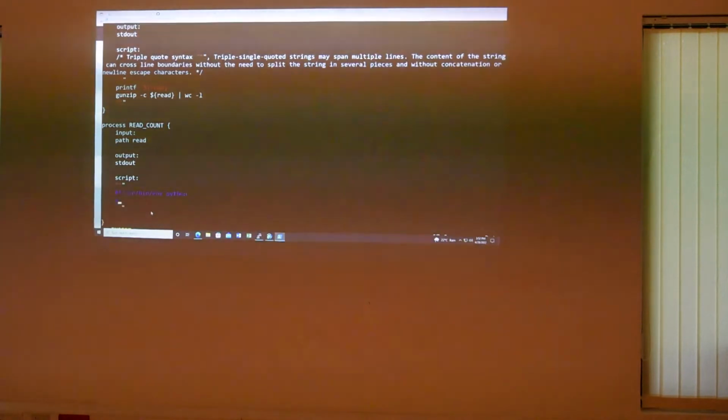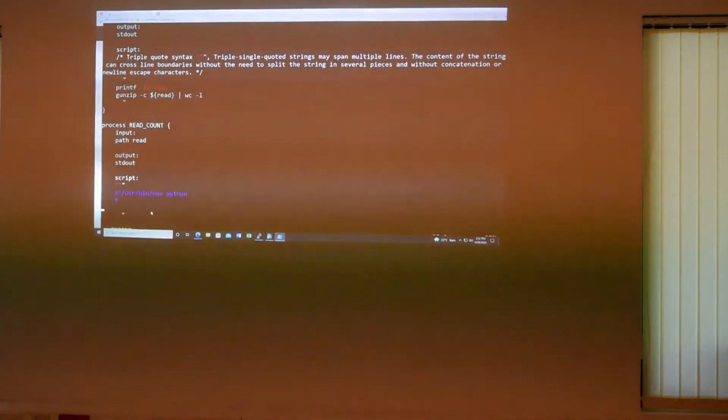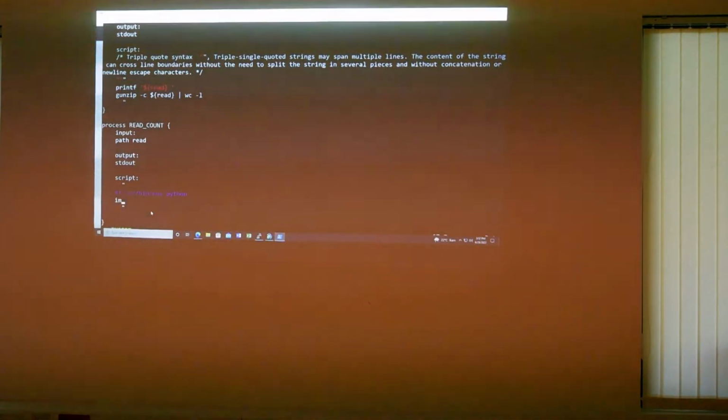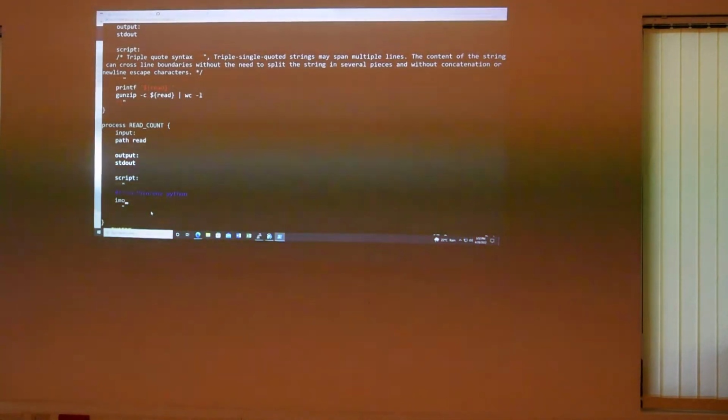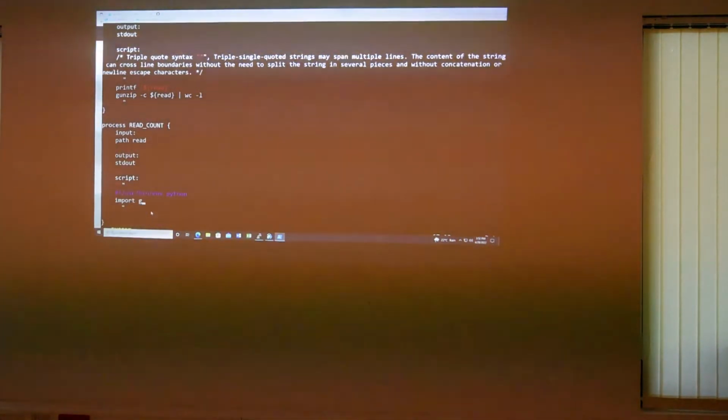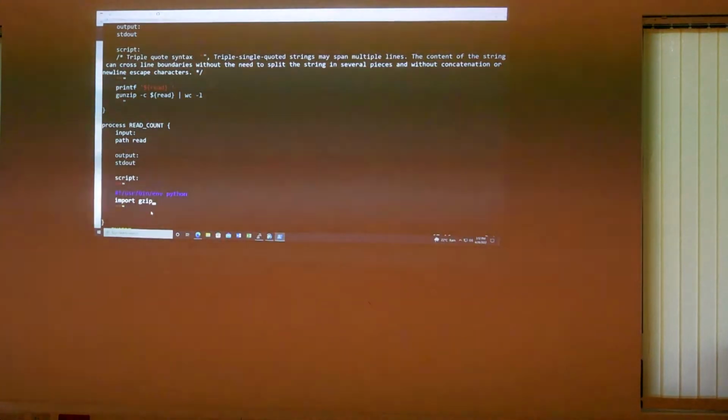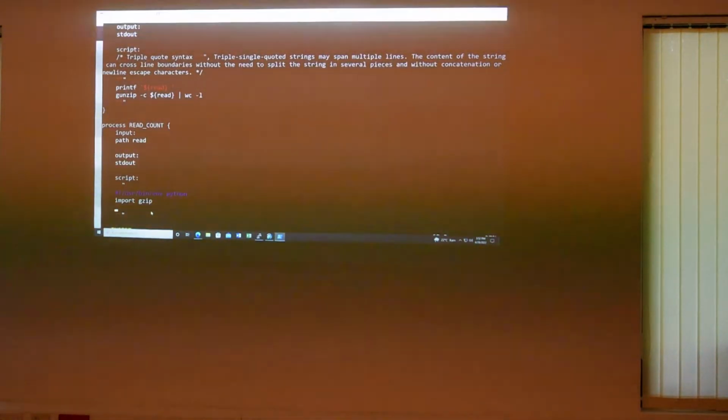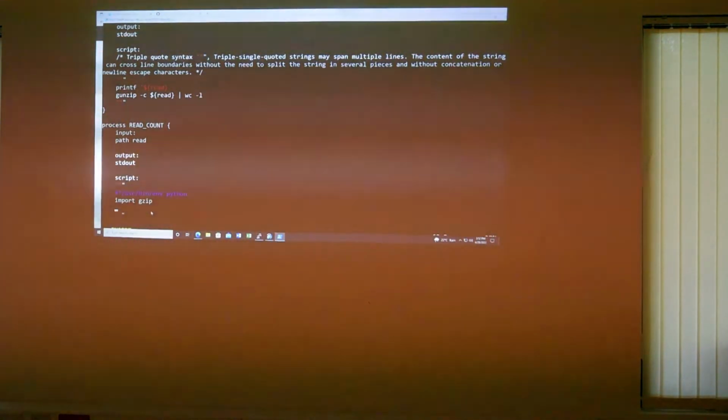Sorry. So there are some libraries you'll have to import because it's a compressed file, and then you can do something like